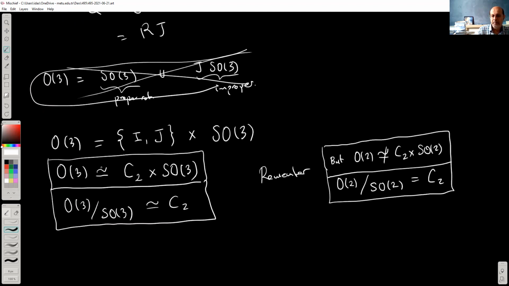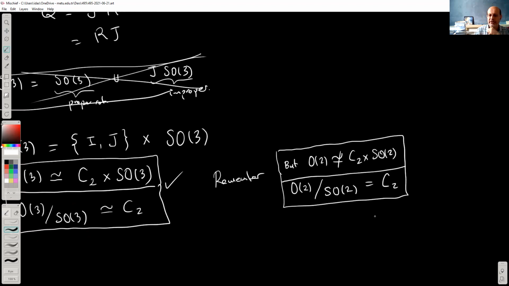But in 3 dimensions, we have it. And that's very special to 3 dimensions. It's actually very special to odd dimensions, all right? So in odd dimensions, we have the quotient relationship and the product relationship. These are satisfied. In even dimensions, they don't. And try to remember why this is the case,